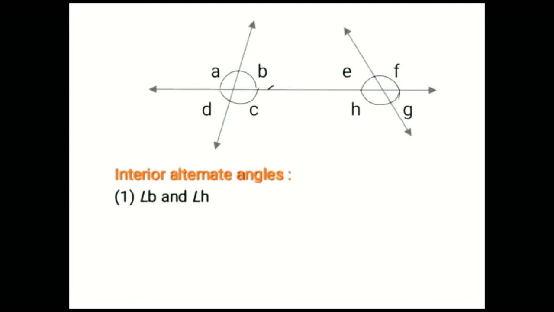Suppose if I take angle C, which is the alternate angle of angle C? Angle E, because it is coming on a Z type of line. It follows the opposite side of the transversal and opposite direction. The second answer is angle C and angle E.